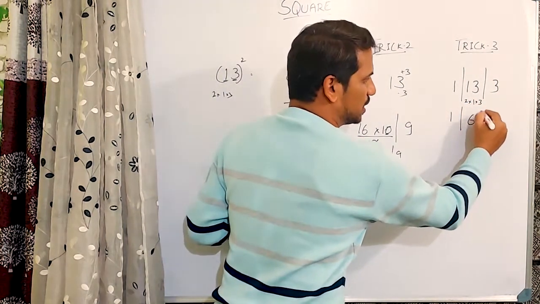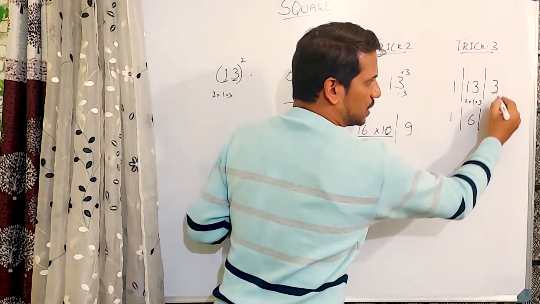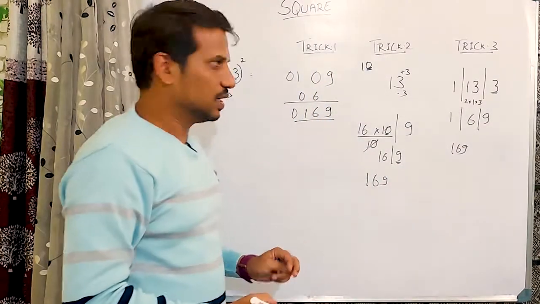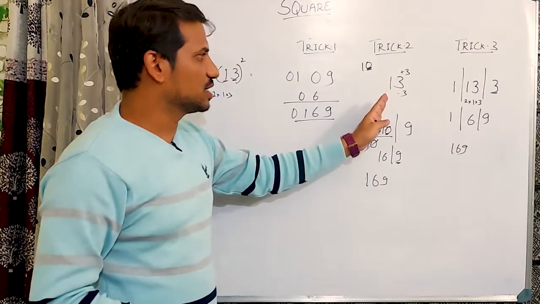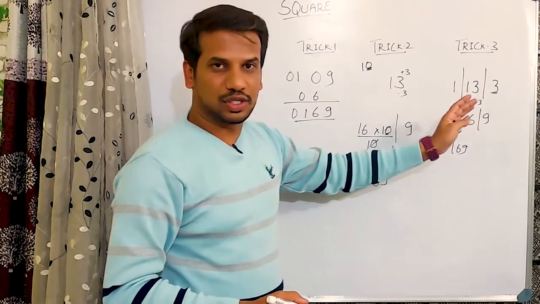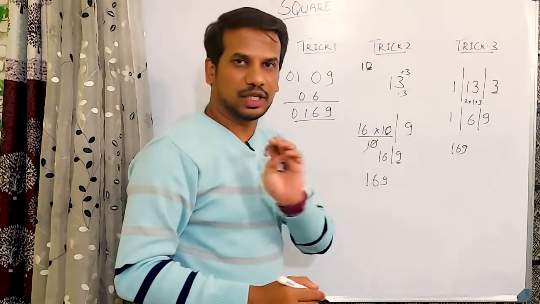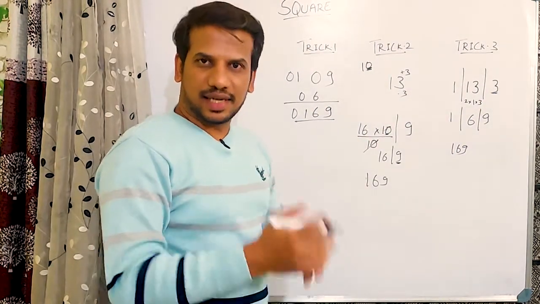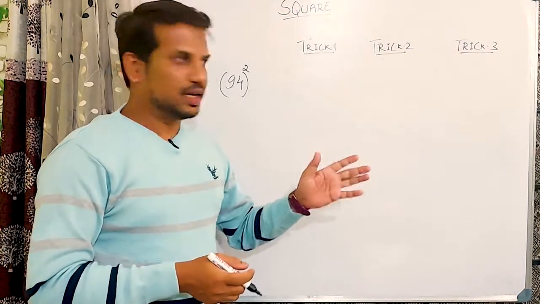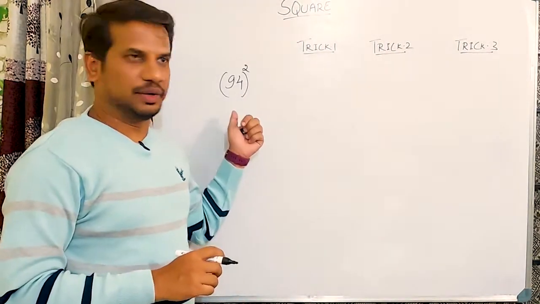So that comes out to be 6. The square of 3. So this is nothing but 169. These two methods may look simple for 2 digits and 3 digits, but when it comes to 4 and 5, the duplex method will be the easiest one. Let's take another example and just finish off the 2 digits number. So let's see how to find the square of 94.